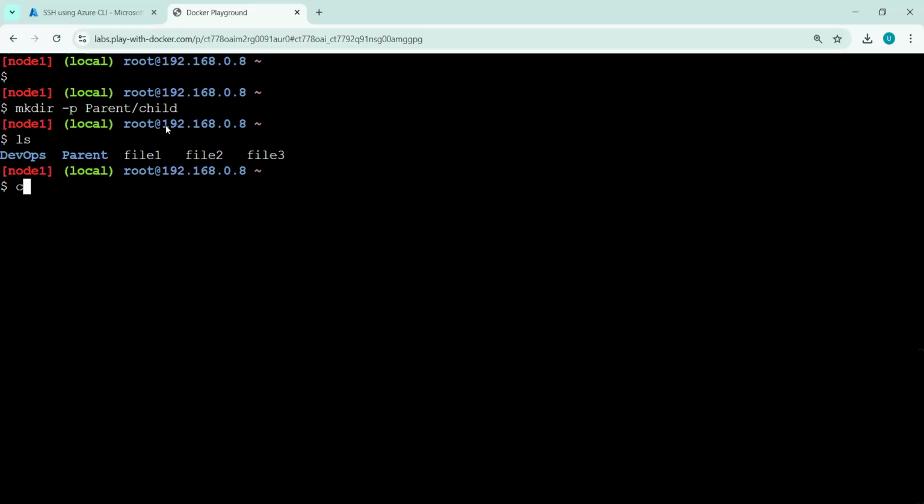So let's see, if I want to go inside that child directory, I can simply type cd Parent, with capital P, and then child. And you can see I am now inside parent/child, and you can see here where I am. So I am at root, inside root I am in the parent folder, and inside parent I am in the child folder. So this way I can create subdirectories and directories using the -p option.